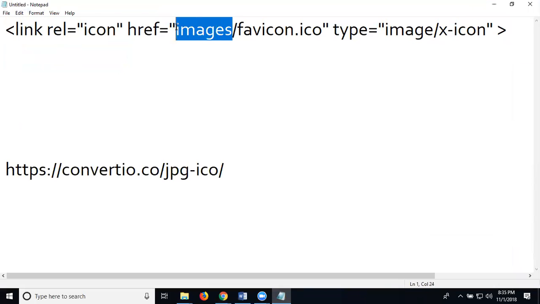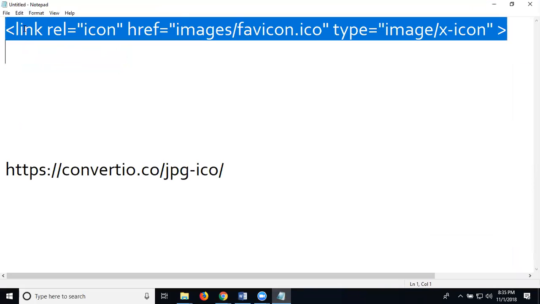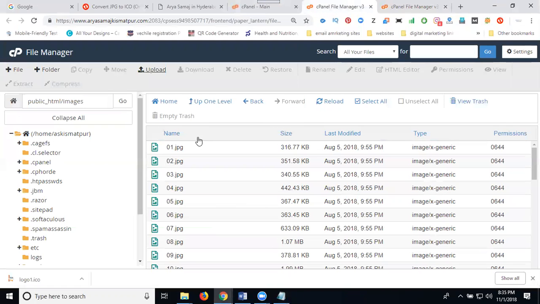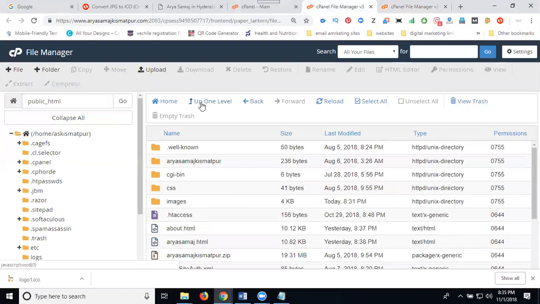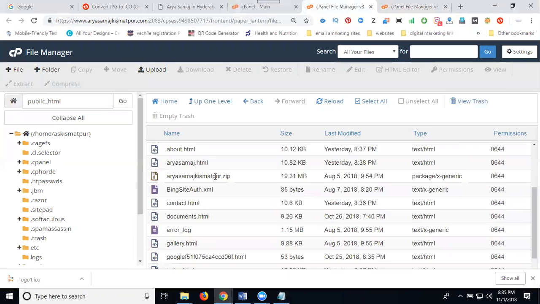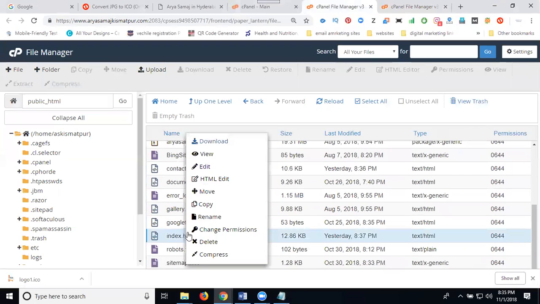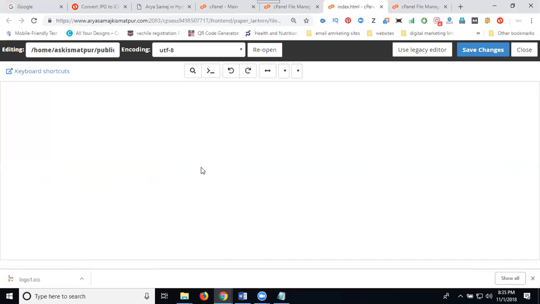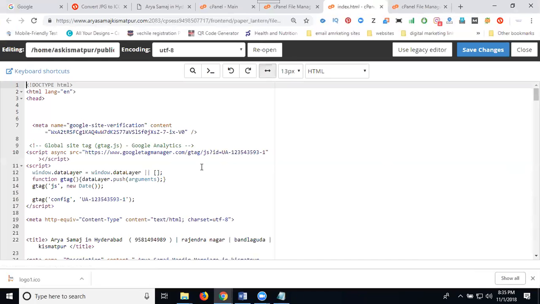Folder name: images. This is the image folder option. Suppose your folder name is image; that name will be used for the image. So this option is very important. Whatever the folder name is, add the same name in your link path. So this code is added for individual pages, all pages. Your favicon is added for all pages, static or dynamic.